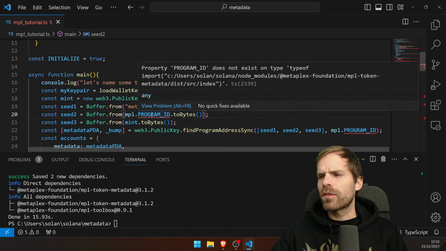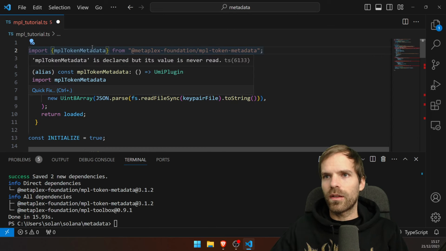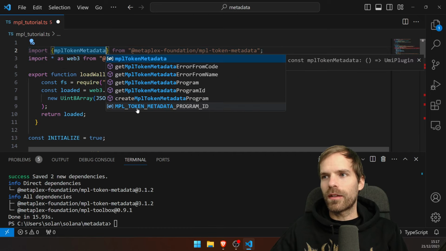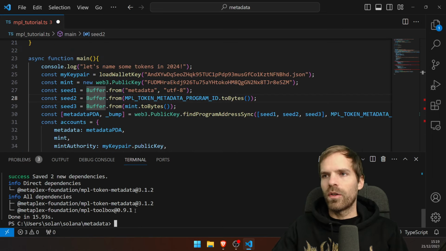So anyway, how do I get to the program ID? MPL token metadata is a UMI plugin. So I guess we want to work with UMI. There it is, the MPL token metadata program ID. That's what we're going to take here and here. Okay, from the top,